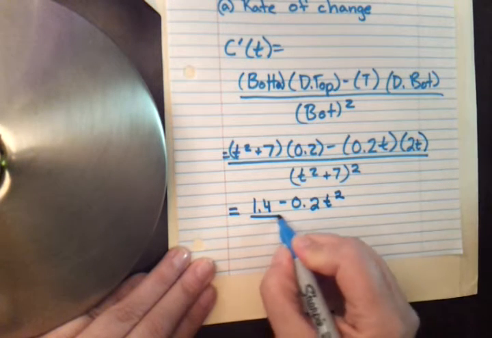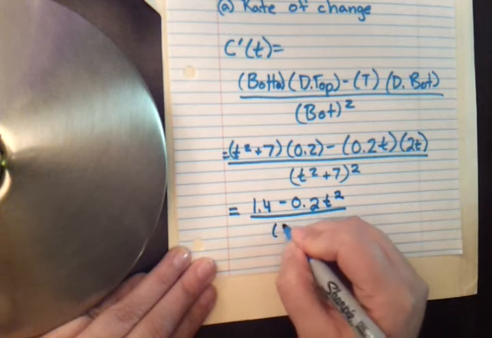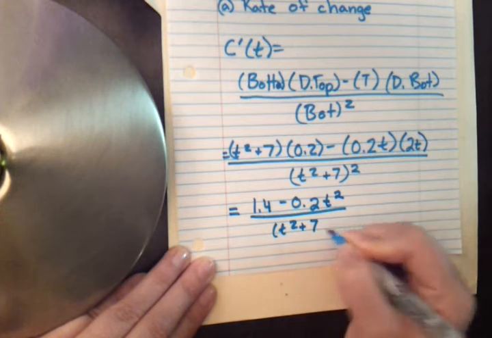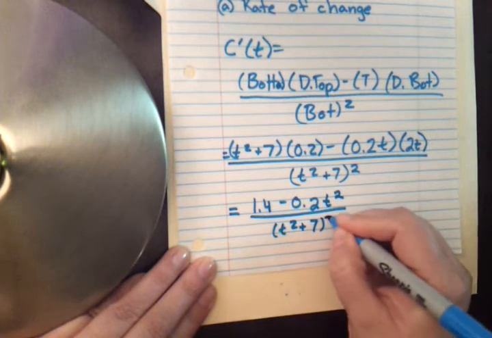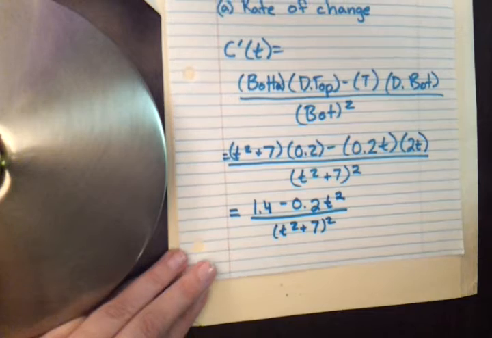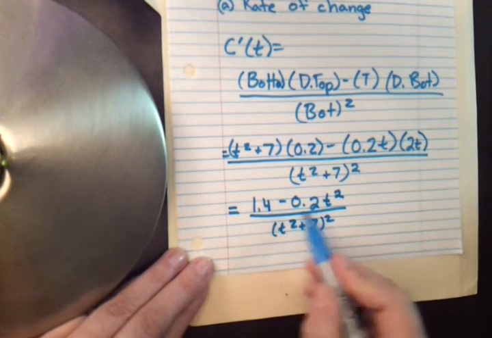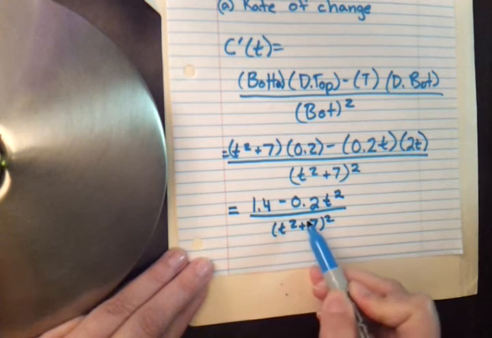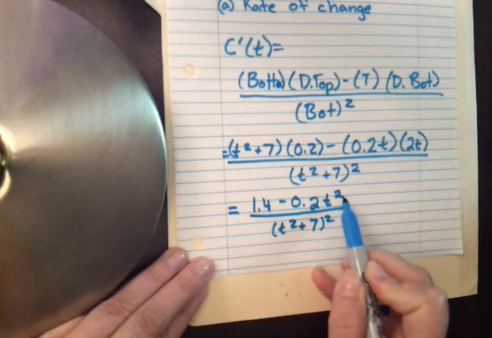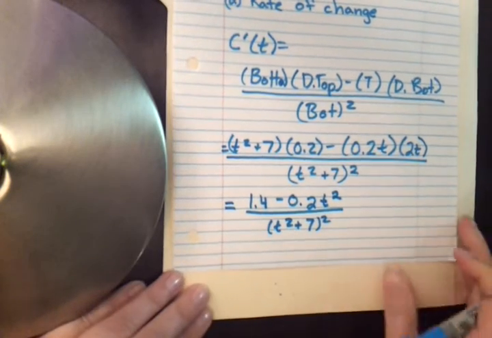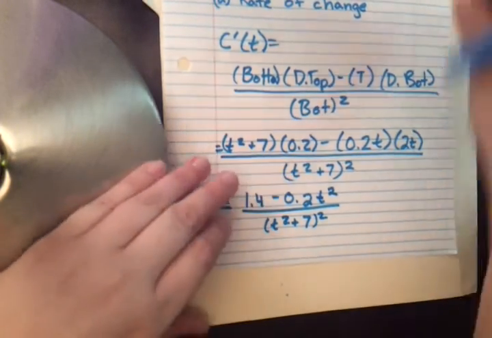And that's going to all be over t squared plus 7 squared. So if you do all of the math here, that's what you're going to get: 1.4 minus 0.2 t squared over t squared plus 7 squared. So the next thing that you need to do, and you're going to need a calculator at this point,